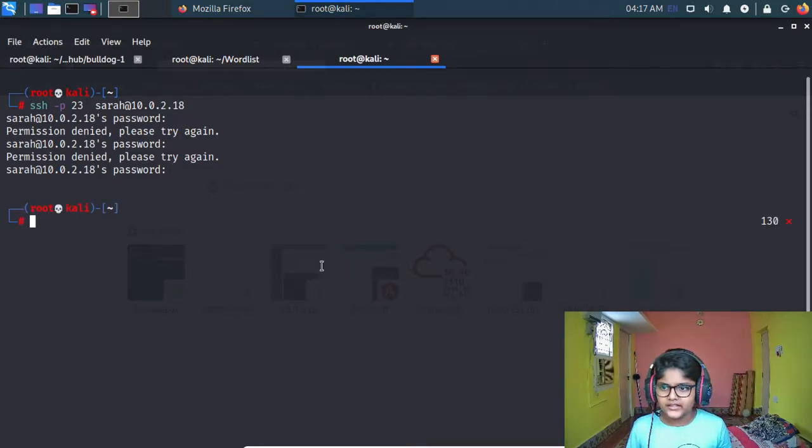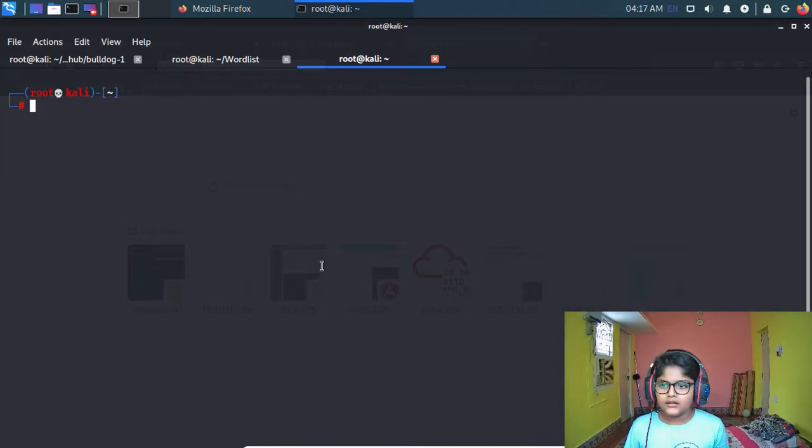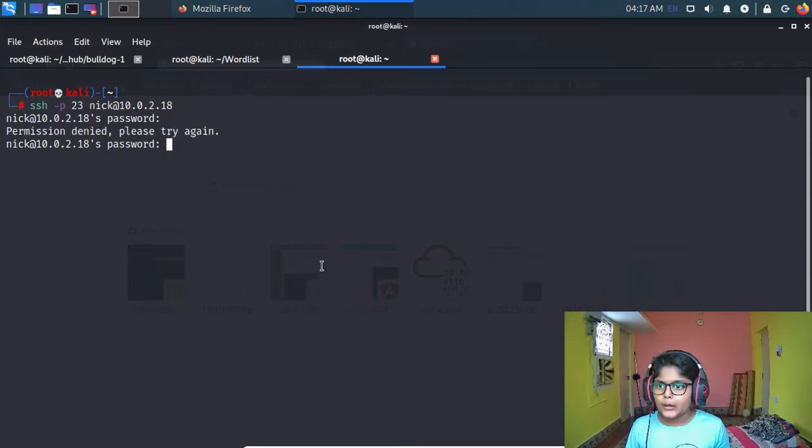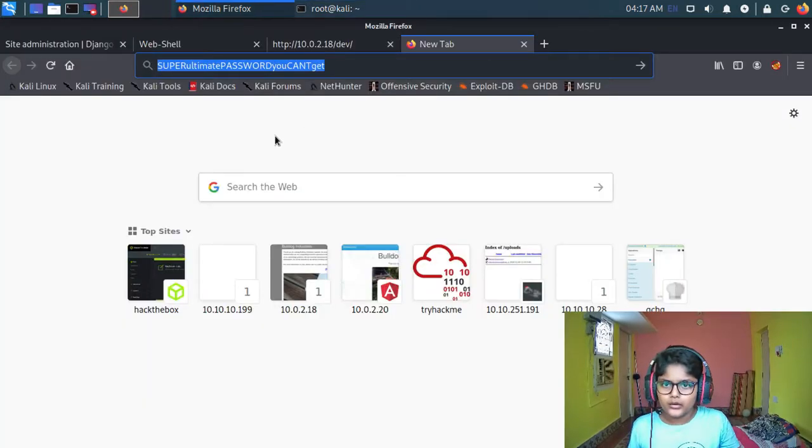So let us try with Nick instead of Sarah. So yeah, SSH into it. Then next password, let's paste that. Okay, it didn't work.